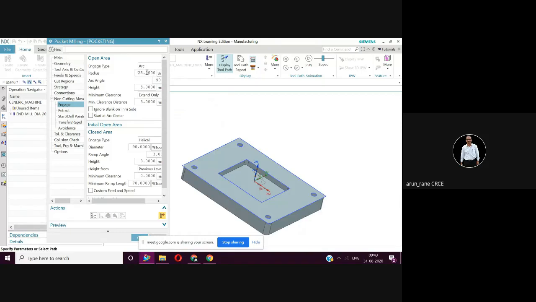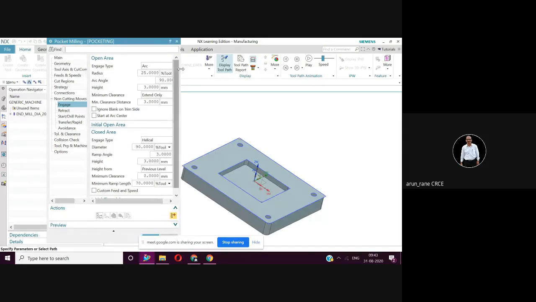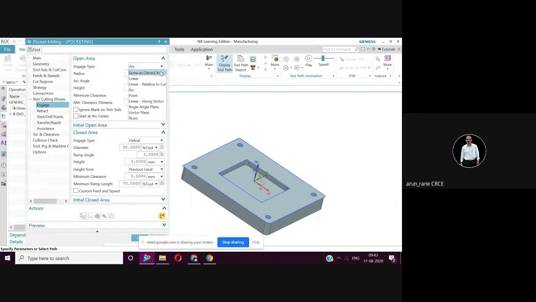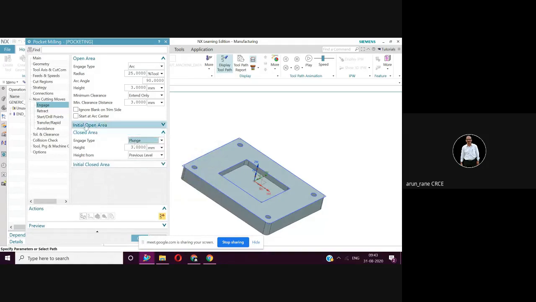So engage type. Let me make it bigger. Engage type, closed area: you can go for plunge, and take this the same as your closed area.